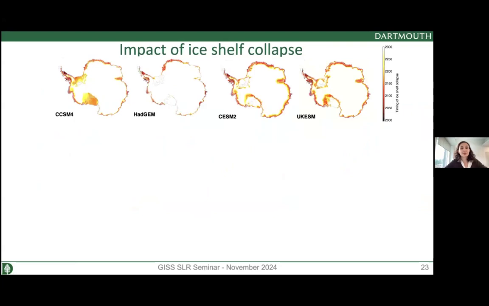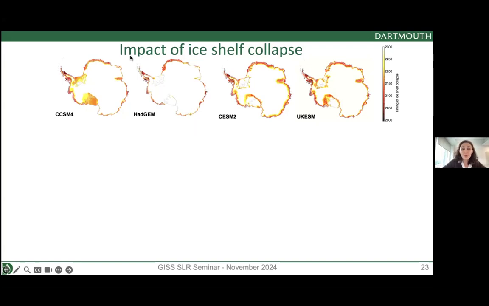Another thing we can look at is the role of ice shelf collapse. All these experiments I talked about so far had ice shelves mostly thinning and at some point becoming so thin that they would stop existing. But we know that ice shelf collapse, we've observed that in the Peninsula. And so now we look at using very simple conditions, simulating ice shelf collapse. Using, again, these 4 climate models, we can see the timing of ice shelf collapse as estimated by the climate models. And we see that ice shelf collapse has already started in the Antarctic Peninsula, and then it's going to propagate towards the coast.